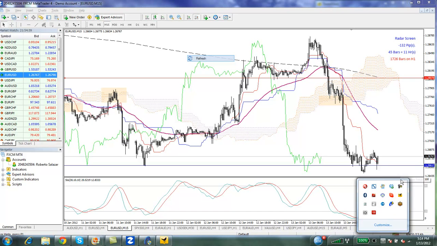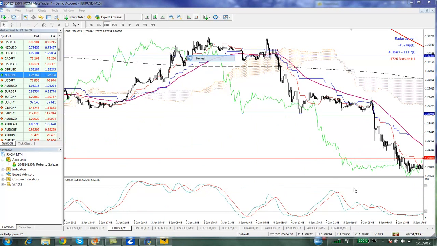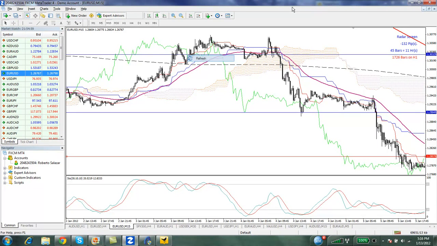We're going to look at another example of this. So here we are again on our euro-dollar chart. Forgive this refresh button in the middle. When I run TradeStation securities on my computer, it leaves a trail of a menu item. Okay, in this example, we fall below the cloud, close below the cloud,